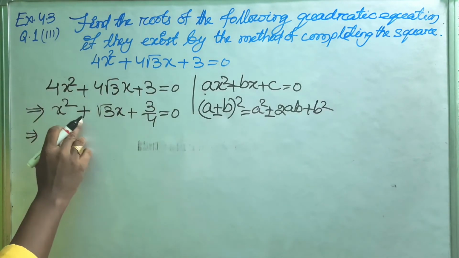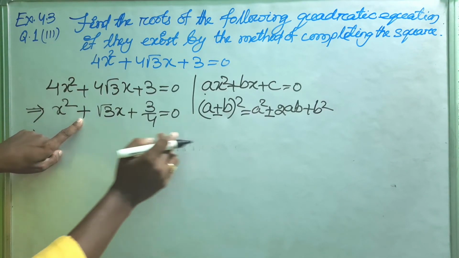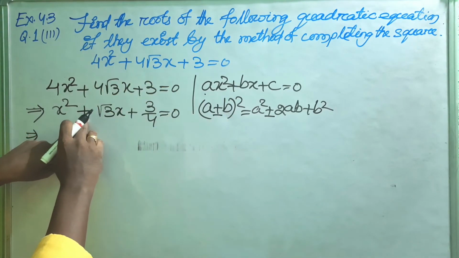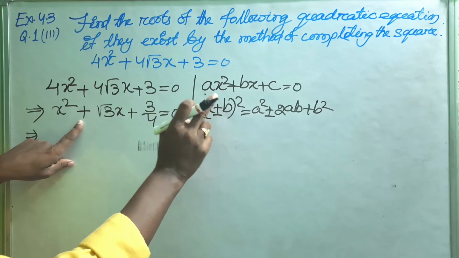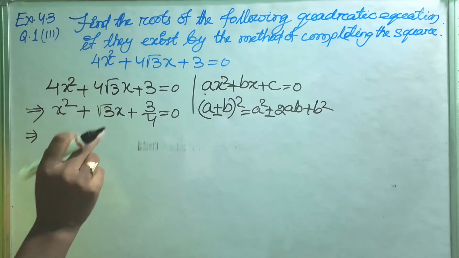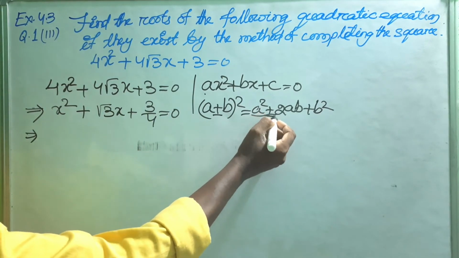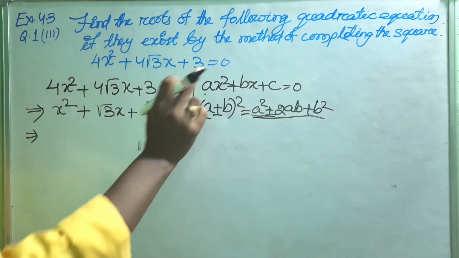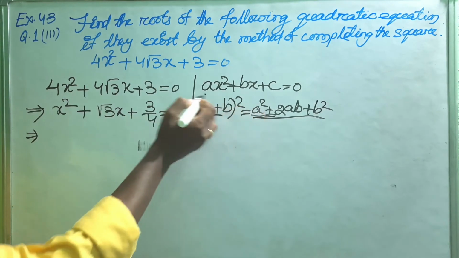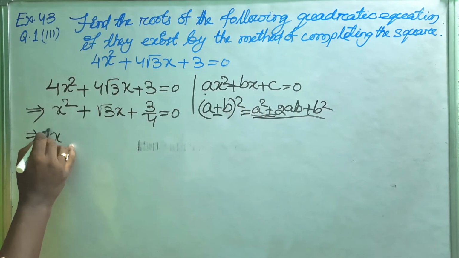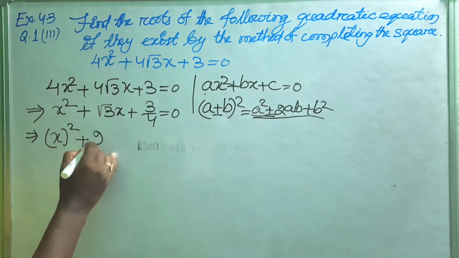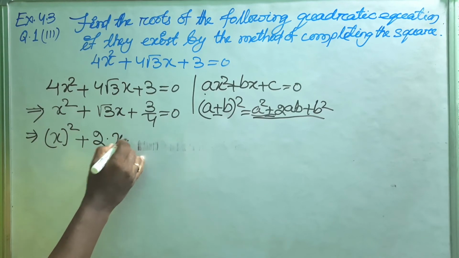Now look here, the sign is plus, that means you have to apply a plus b whole square formula. If there will be minus, then you have to apply a minus b whole square formula. Since here it is plus, we will apply a plus b whole square formula. What is the a plus b whole square formula? This one, a square plus 2ab plus b square. Okay, this formula we will express this one in this form. So now we will first express a square. Here a square we can write x whole square, here a is x. Okay, then we will write 2ab. So 2 into a is x into b.